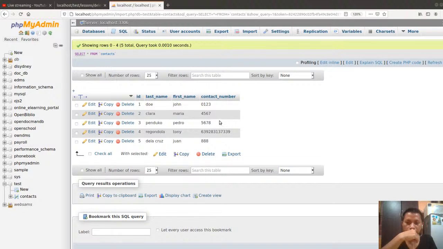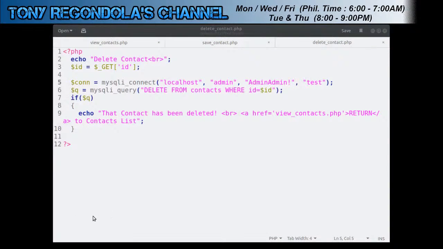Okay, let's go back to the source code. I'm sorry. So from the source code, again, we forgot to specify here the database connection. So $con